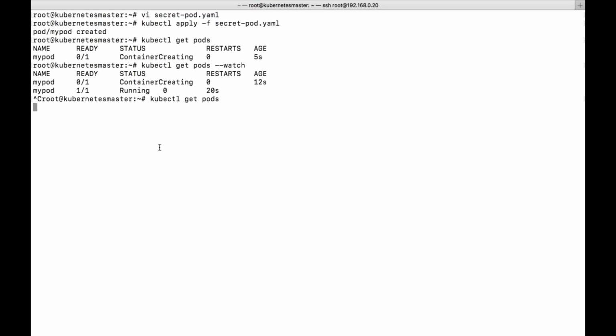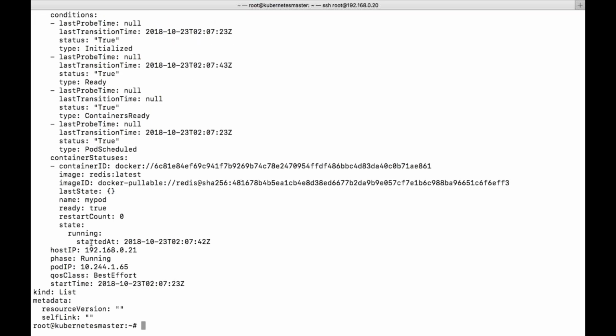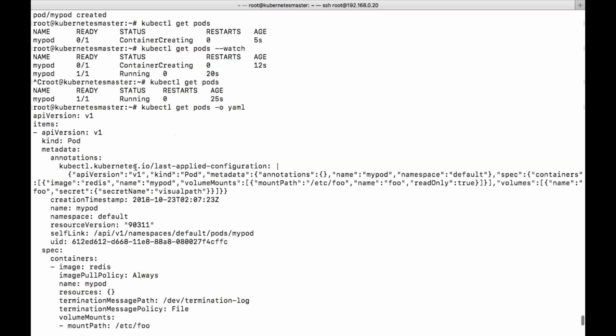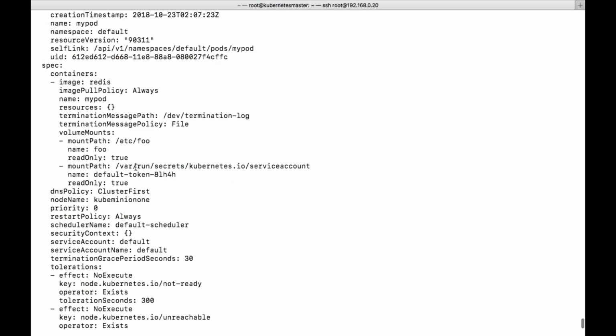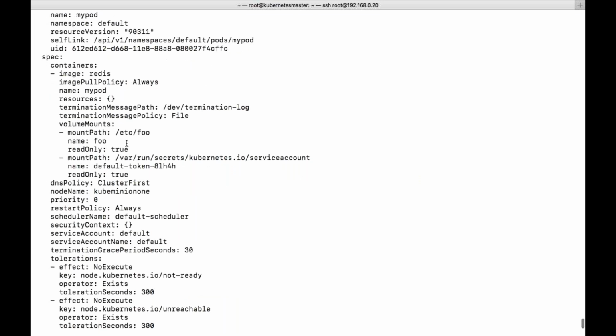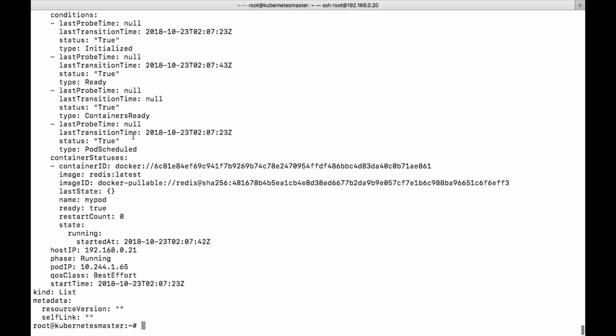So let us see the information of it. kubectl get pods -o yaml. You can see this particular directory has been mounted to your volume, which we have attached. So let's try to see the information.